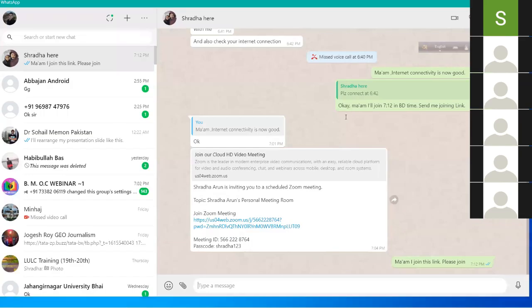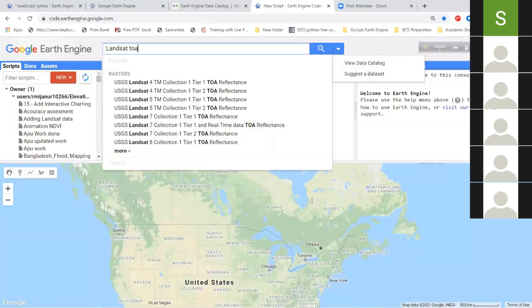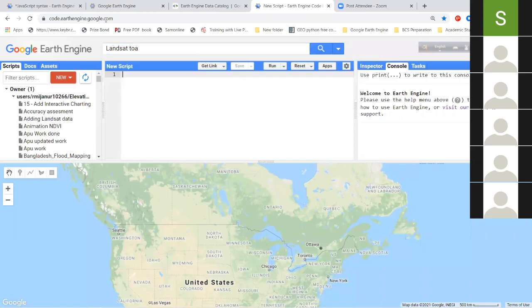So you can see my code editor here. I will introduce this code editor one by one. In this, the Earth Engine code editor at code.earthengine.google.com, once you complete your registration, you get a web-based platform, the base IDE for the Earth Engine JavaScript API. In the middle section, here you can see